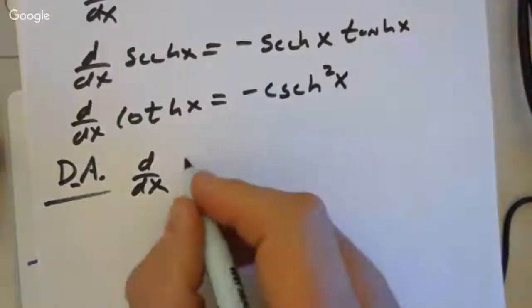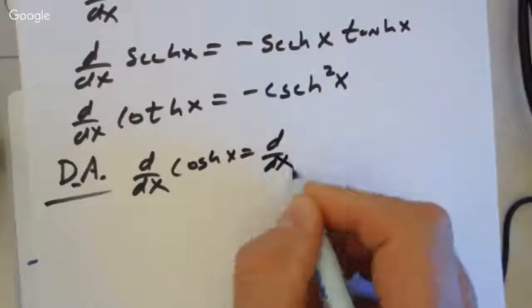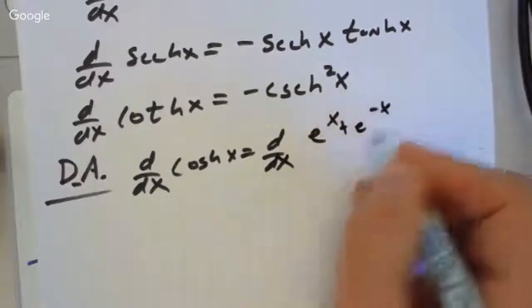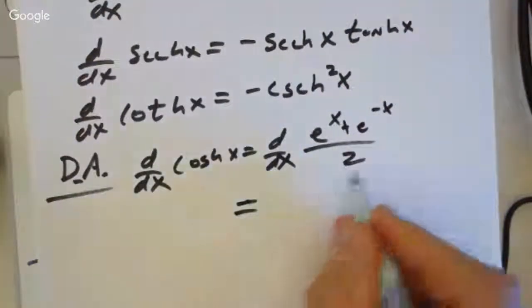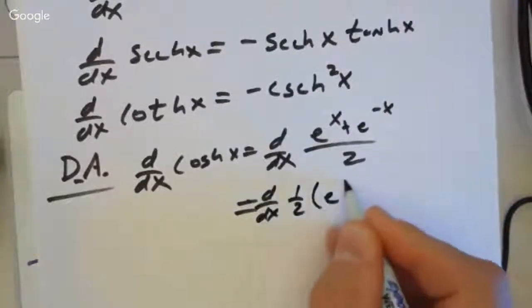Remember this moment. Okay, so derivative of cosine hyperbolic. Well, that's the same thing as asking, what's the derivative of e to the x plus e to the negative x all over 2? And I feel like Dylan already took us to the clown show, so we're just going to show it again. d dx, I'm going to take that 1/2 out front.